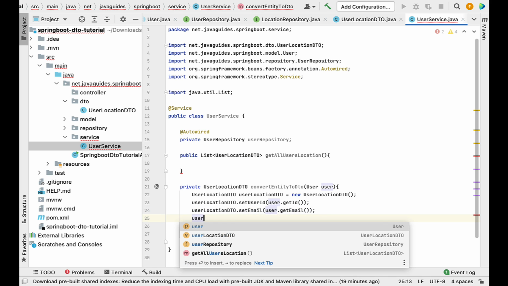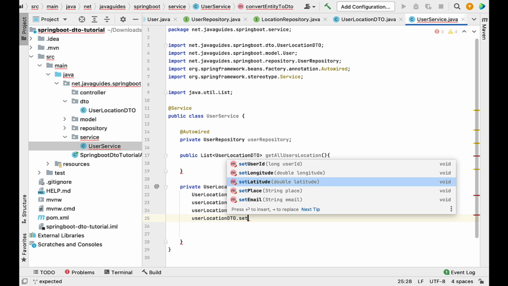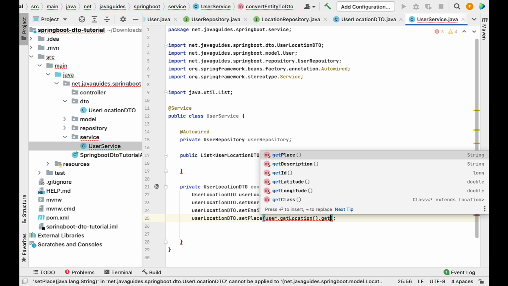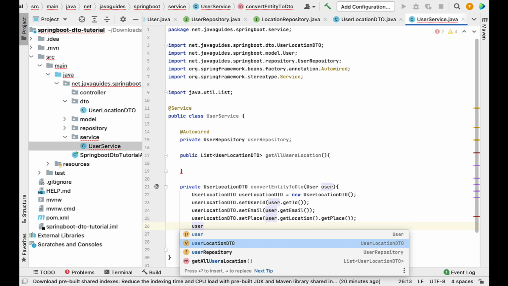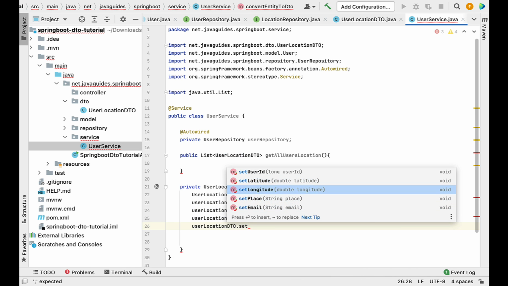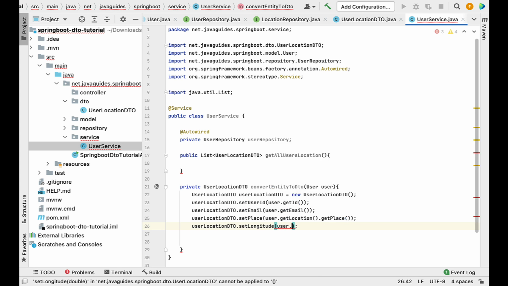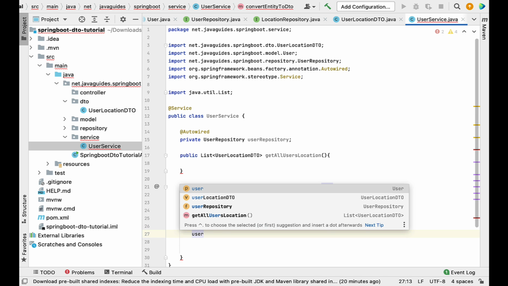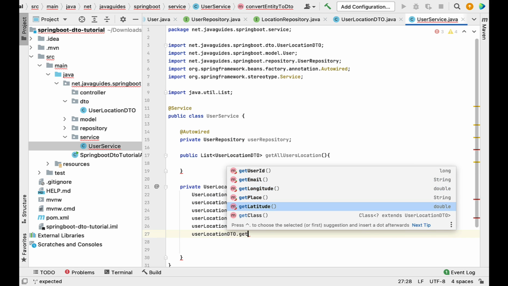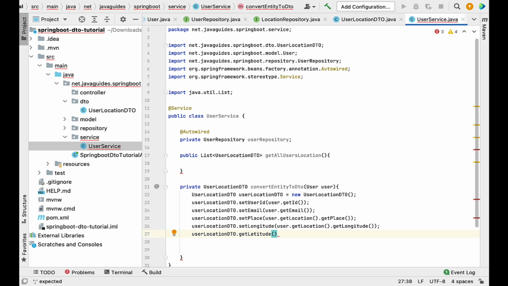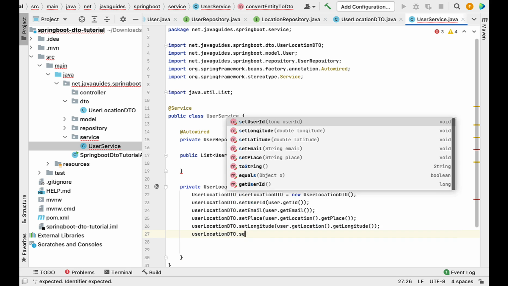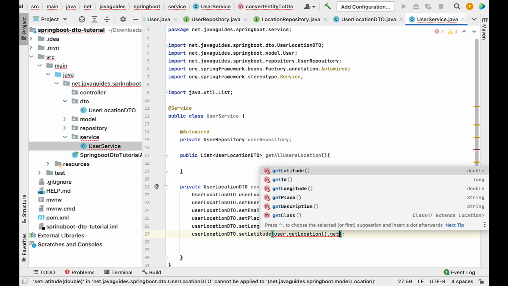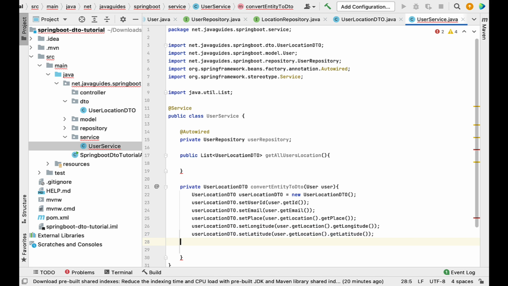Okay, so similarly let's set location details. Set place: userLocationDTO.setPlace(user.getLocation().getPlace()). Then set longitude: user.getLocation().getLongitude(). And set latitude: user.getLocation().getLatitude(). Okay, great. Now simply return